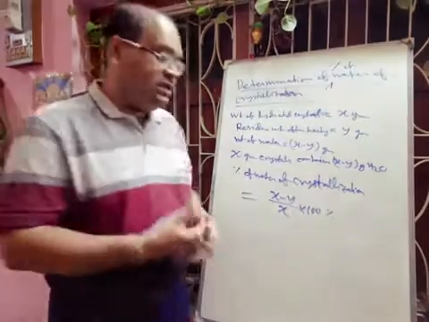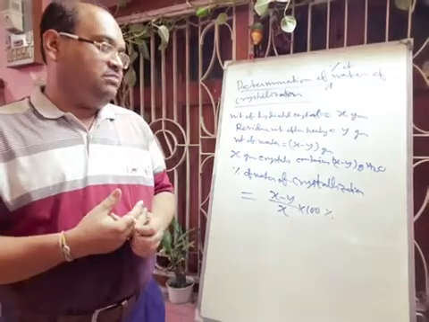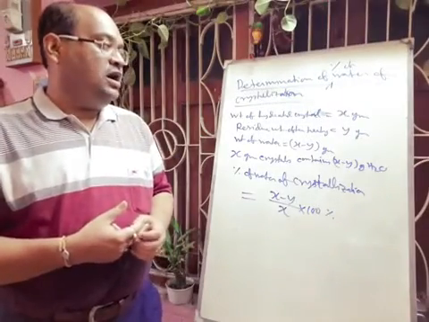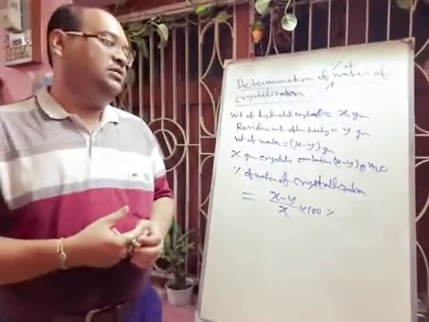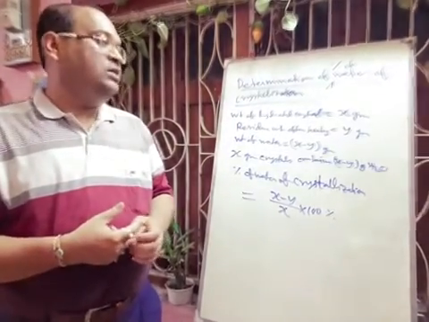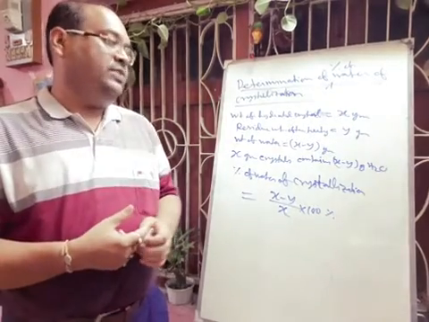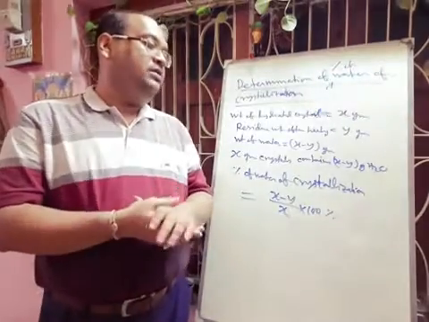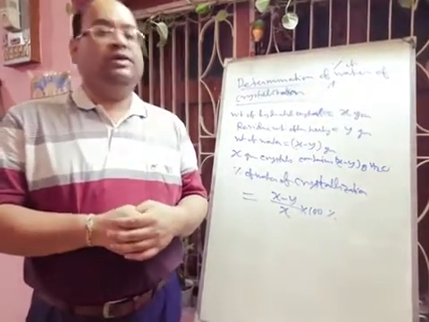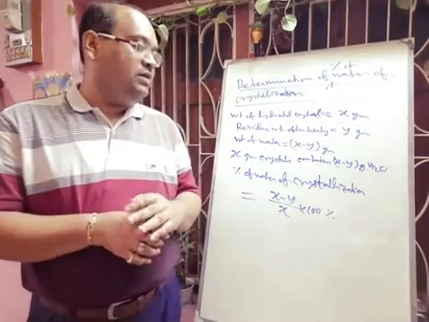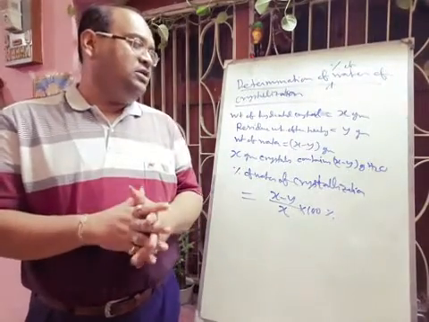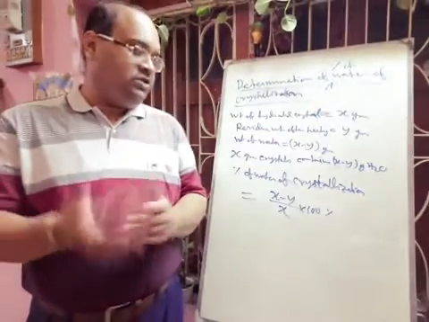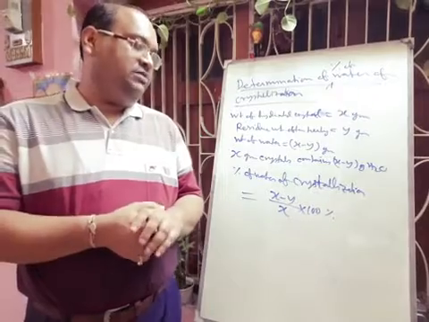So from this, different types of numericals may come, as well as another formula we have discussed today, that is how to experimentally find out the solubility of a particular compound. From there also we have to practice different types of numericals. Many numericals are there. After completing this chapter, we will discuss the numericals here. So first you try to understand this formula, then the solution of these numericals will be very much easier for you.